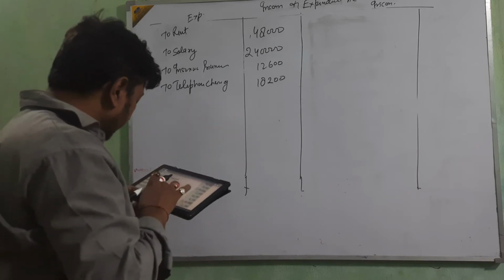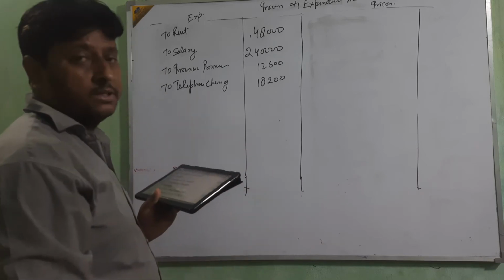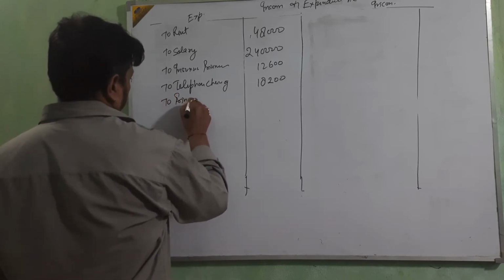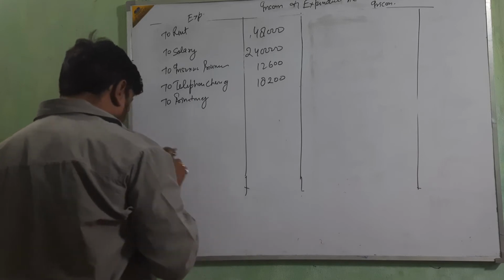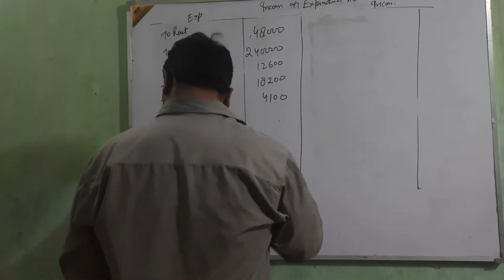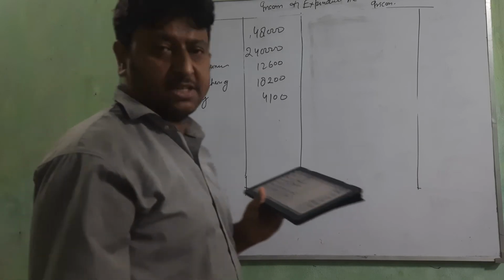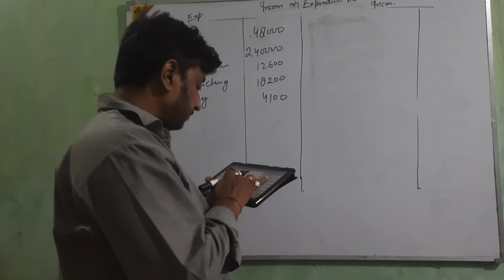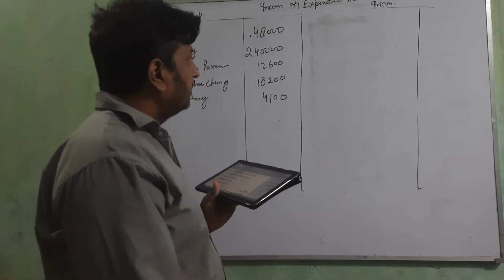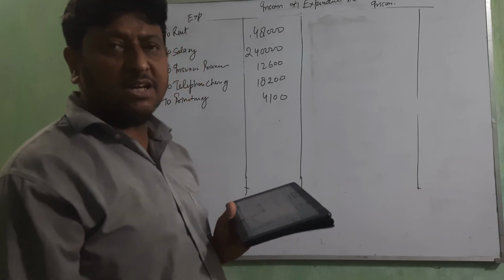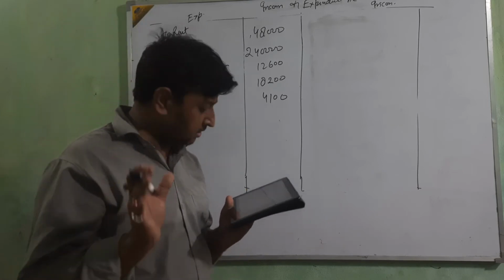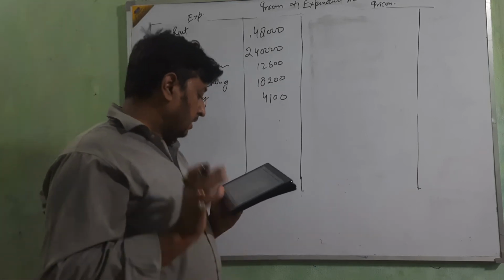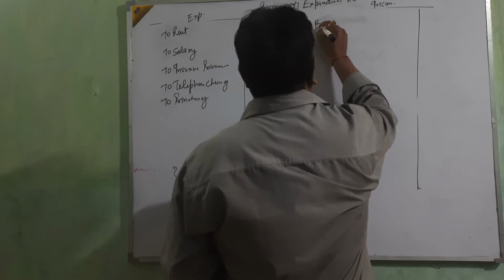Only think about what relates to the nature of revenue. Then printing amount 4,100. Then next is the investment purchase, that will not be taken. Next is the cash balance, that will not be taken. Okay, now go for the receipt side, the income side. Balance, we are not going to take. Next, life membership fee, it's capitalized, so don't take it.